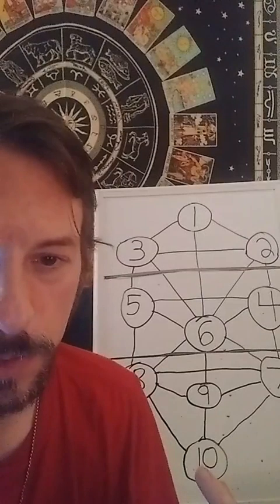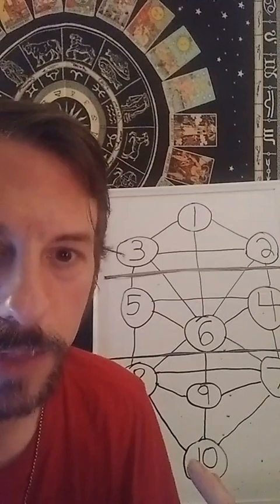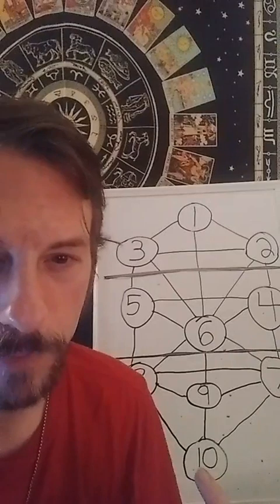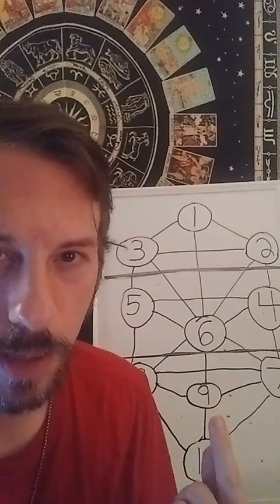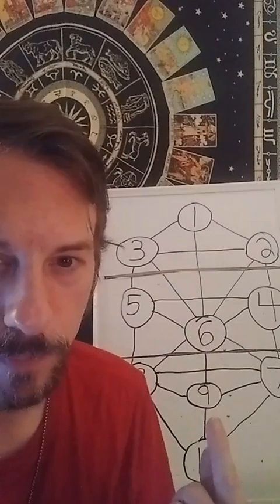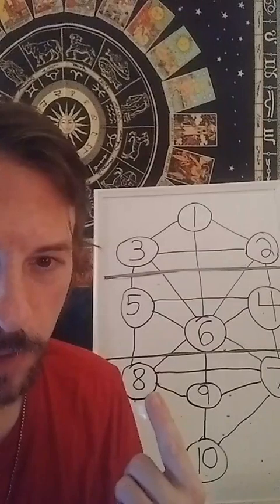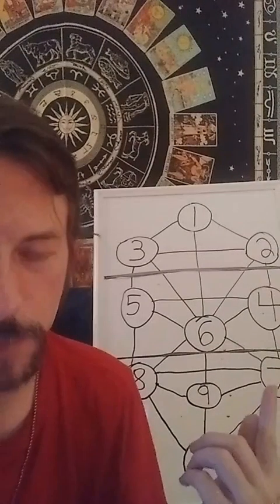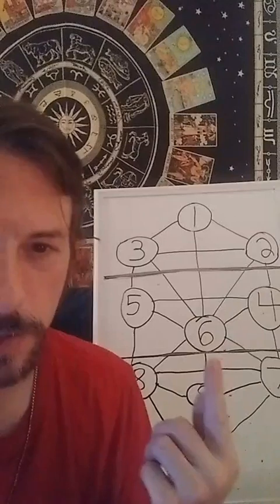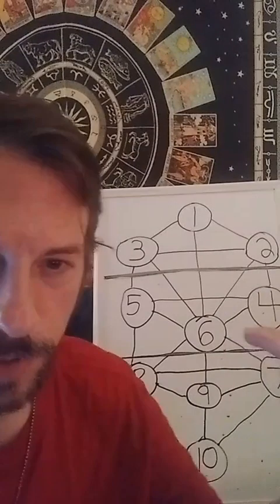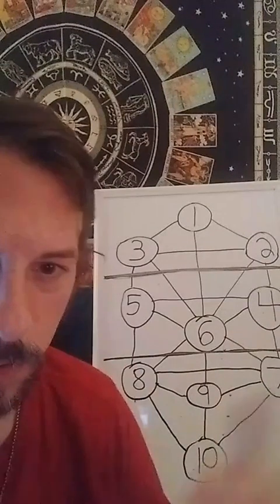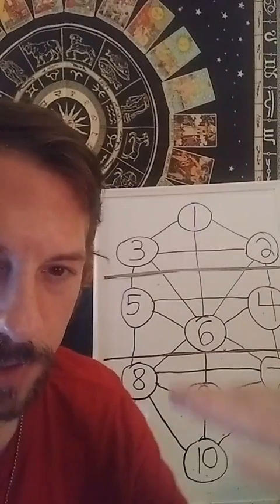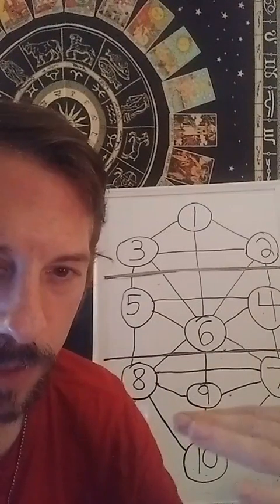10 is Malkuth. This represents the physical body. Let's look at a person. 10 is Malkuth, the physical body. 9 is the subconscious mind and the memory. 8 is the logic, our realm of ideas. And 7 is the passions and the emotions. 6 is our self-consciousness. So you could see that in our interaction in the world, and by the way, this is a very ancient way of looking at mankind,